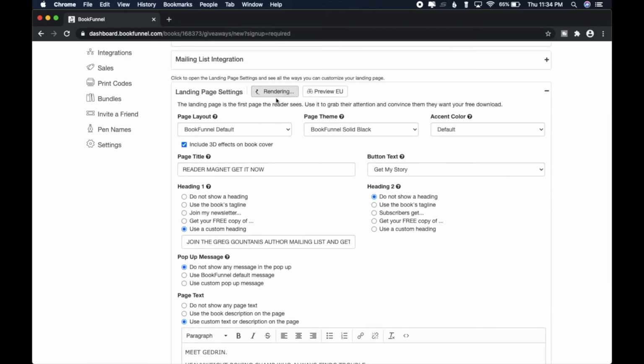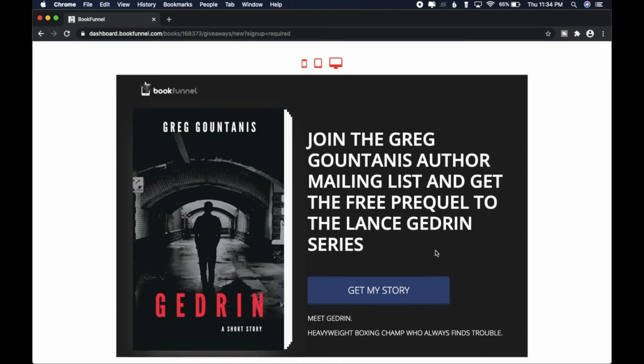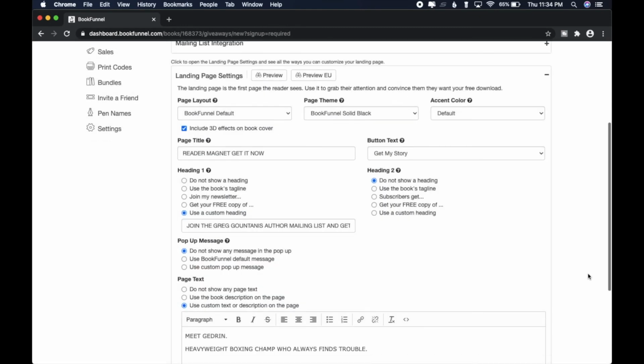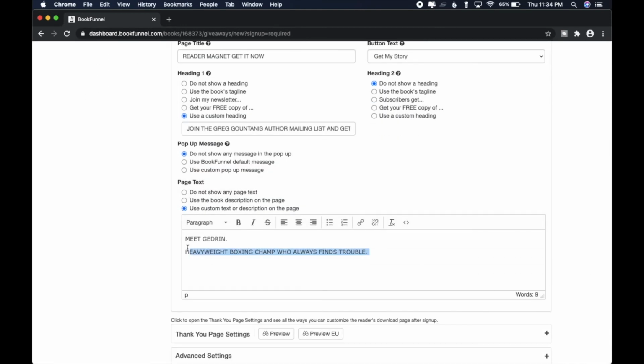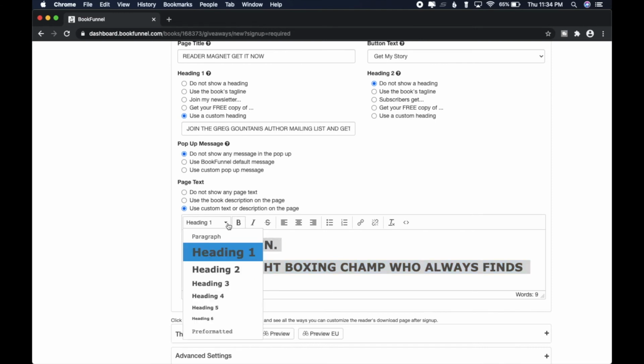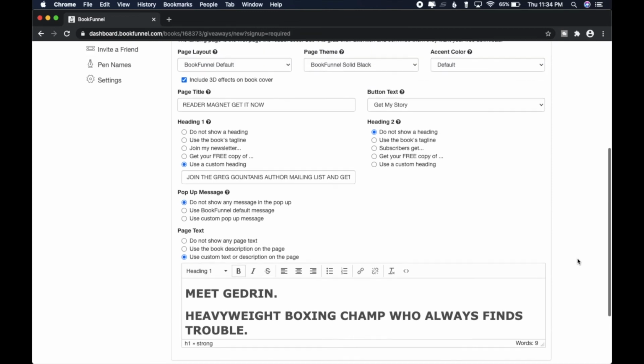So now if I go back to my preview, I've got my text. Now obviously we want to play around with that a little bit. We want to make it bold. We want to make it bigger. If you put it under heading 1, that's the biggest they can get, and it's going to pop a little bit more. Now if we go back,